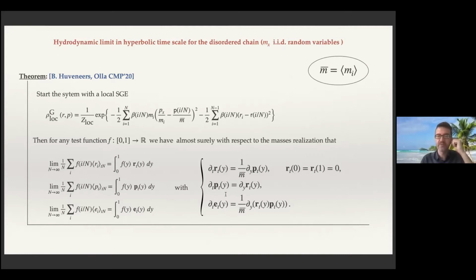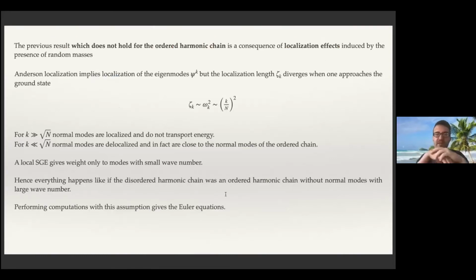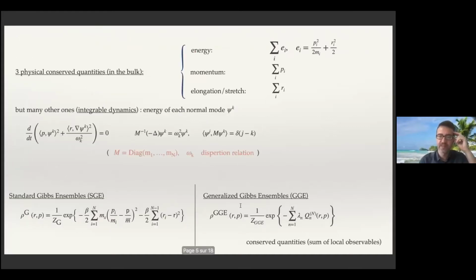And so what is the idea and why is it working? Of course, it is very particular to the fact that we are working with the harmonic chain with random masses. So the idea is the following. We know that now that we introduce some randomness in the chain, we have that the eigenmodes, which were just the solution of this equation written here, with omega k the dispersion relation,